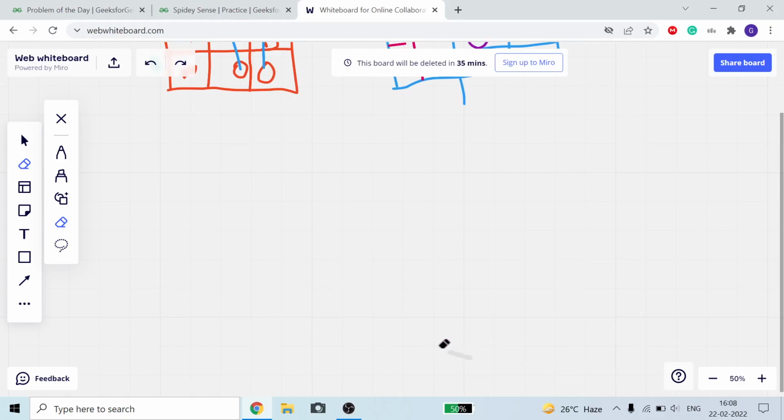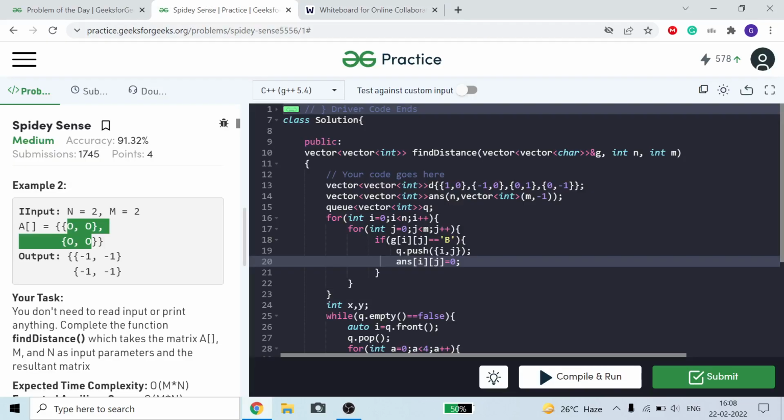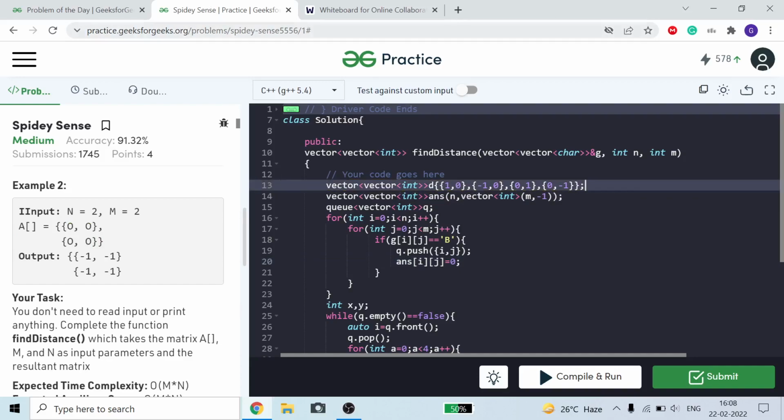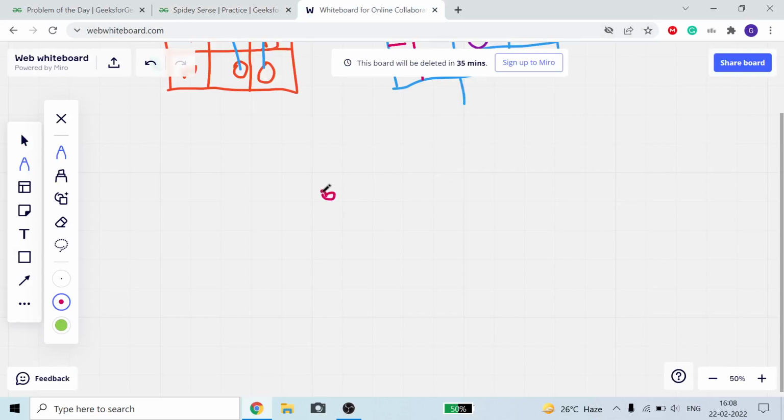So we will use DFS here. Now how will I use DFS? First of all, I have taken a direction variable. Okay, like from this particular point I can go in this direction, I can go in this direction, I can go in this direction, and I can go in this direction. Now this direction is 1 comma 0. Okay, sorry, 0 comma 1, because we are in the same row, but in the next column. It is minus 1, one row previous.